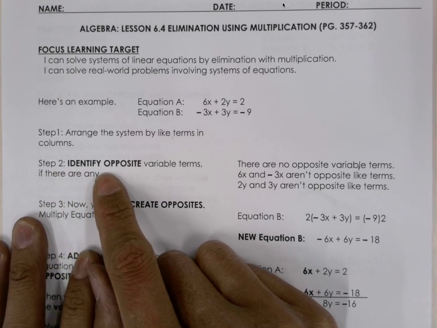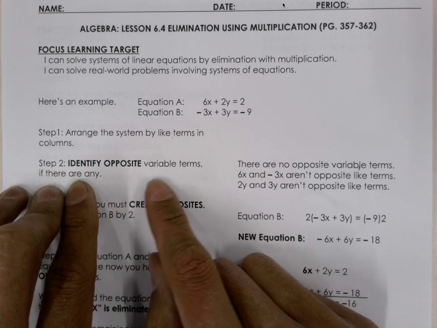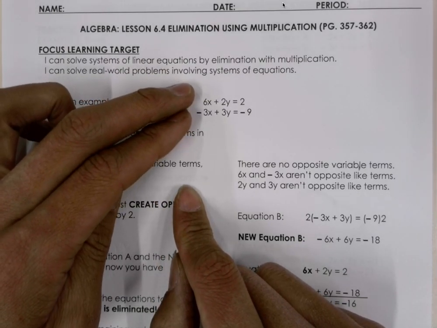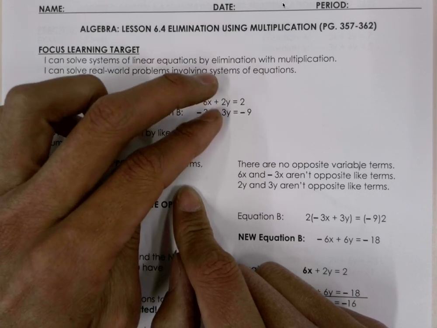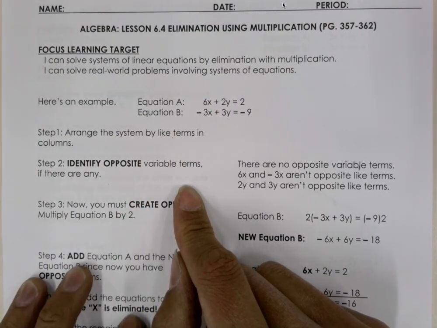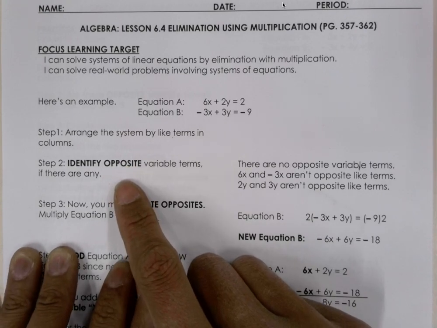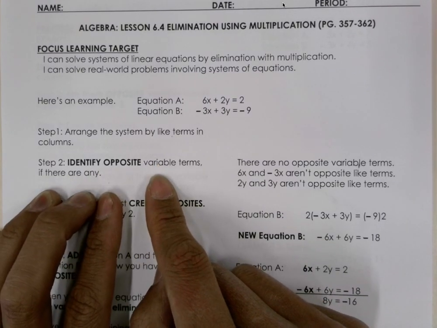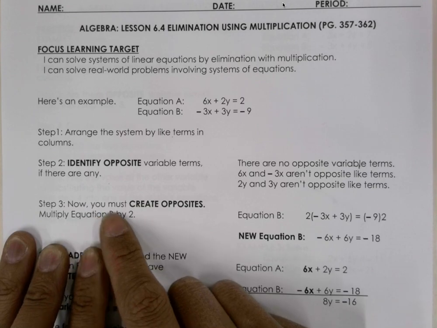Second step is to identify the opposite variable terms if there are any. Again, these two are not opposites. Adding or subtracting them will not result in 0. And then these two are not opposites. Adding them or subtracting them would not result in 0. So there are no opposites. If there are opposites, then we can skip step 3. But if there are no opposites, like we have here, we need to do step 3, which is create